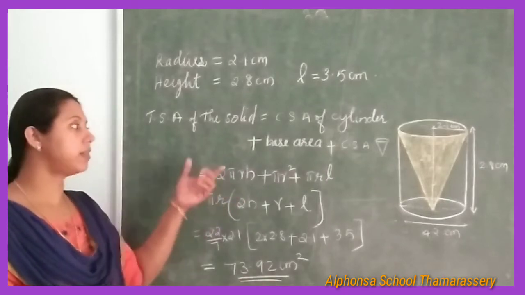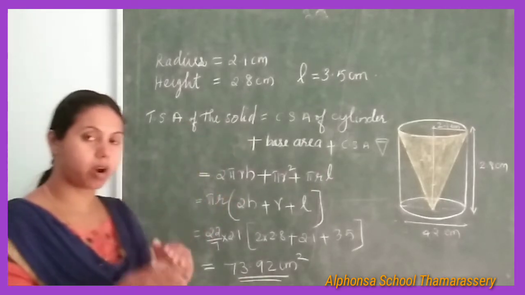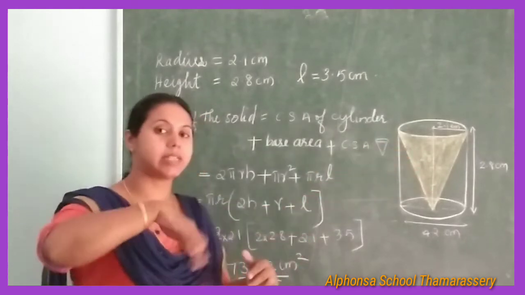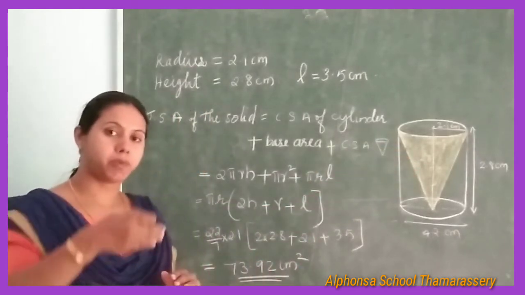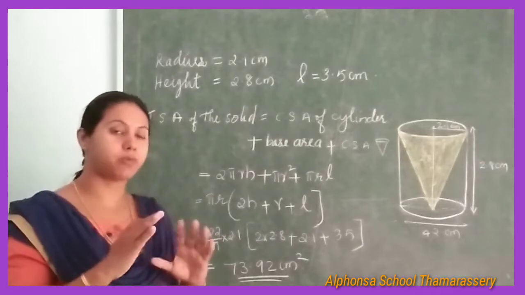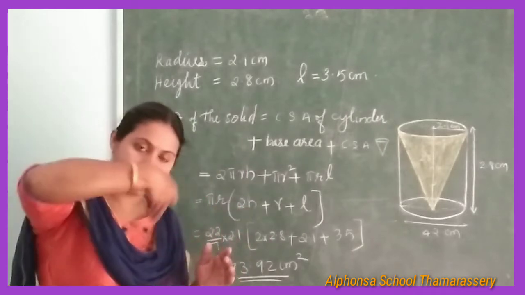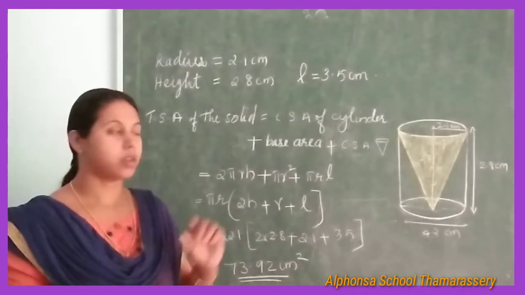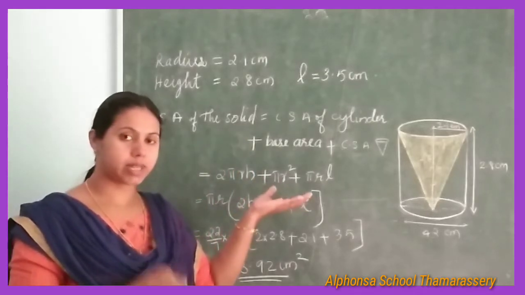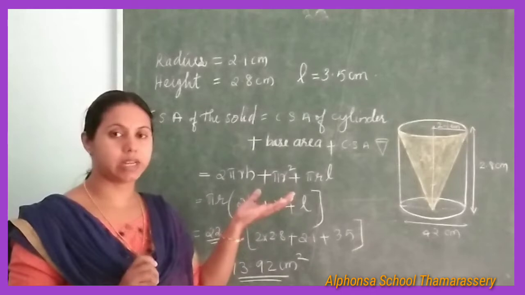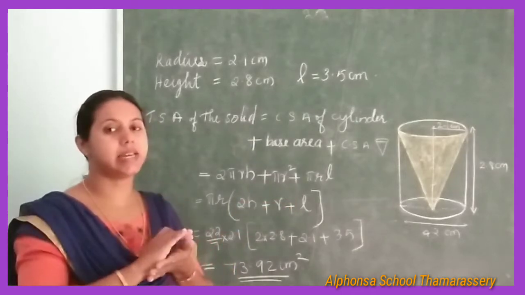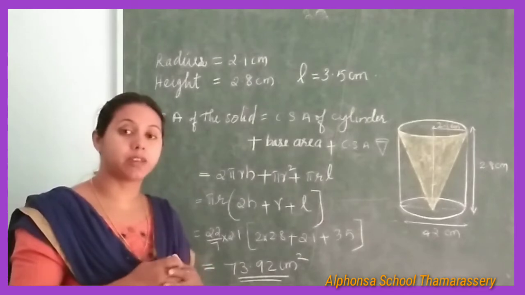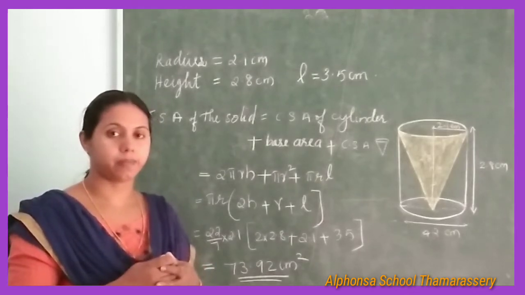So remember that we hollowed out the conical portion from the solid cylinder. So inside it is a hollow part. So we want to find the curved surface. Suppose you want to paint this solid, means you should paint the inside part and you have to paint the outside and the base area. So 2 pi r h, that is the curved surface area of cylinder, plus base area plus inside the hollow part, that is a conical shape. So curved surface area of cone.